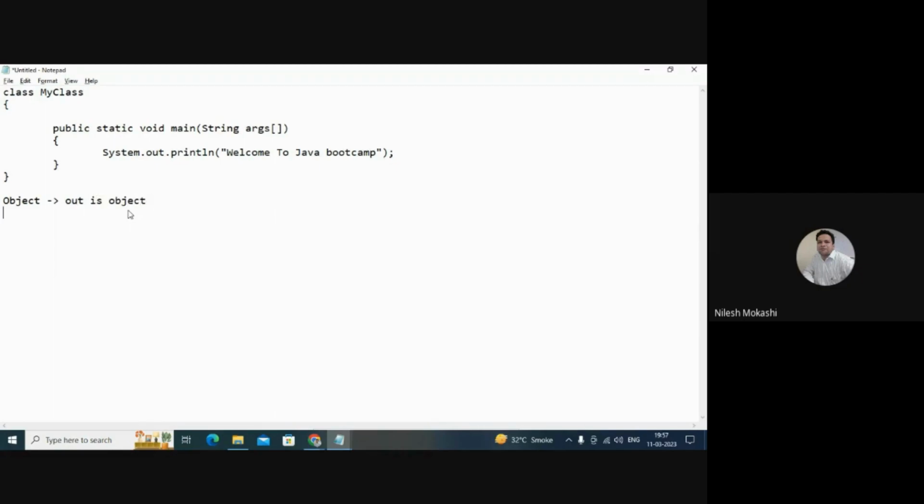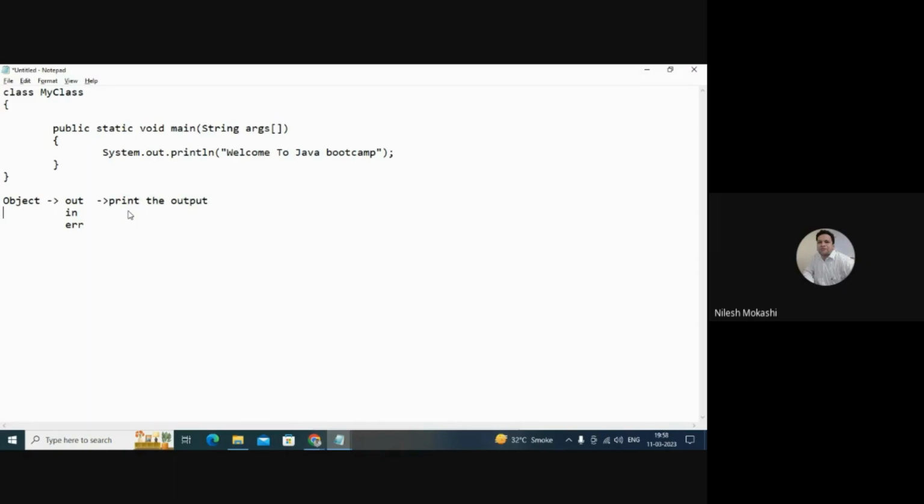And with this particular out, we also have in. So what I will do here is show you what out can do, what in can do, and what err can do. This out is used to print output.